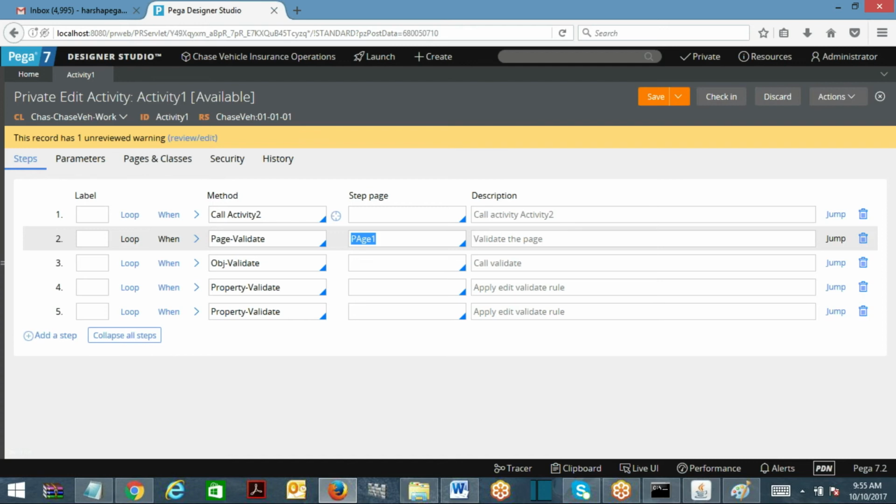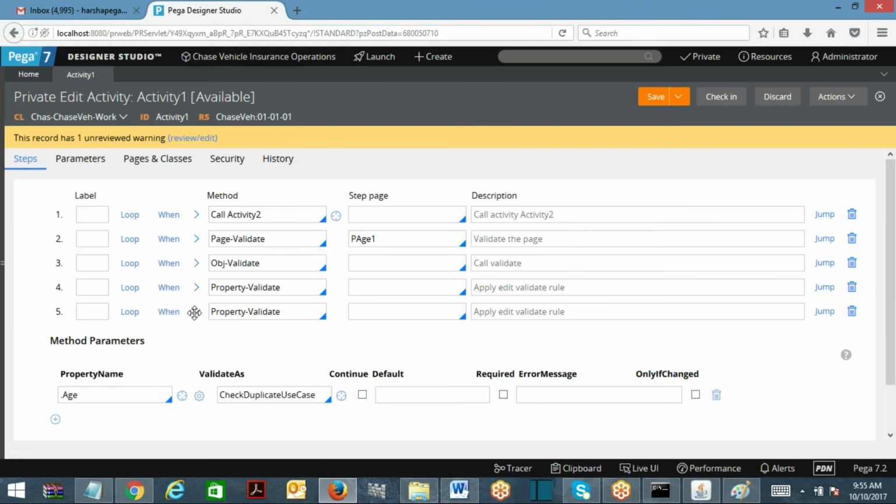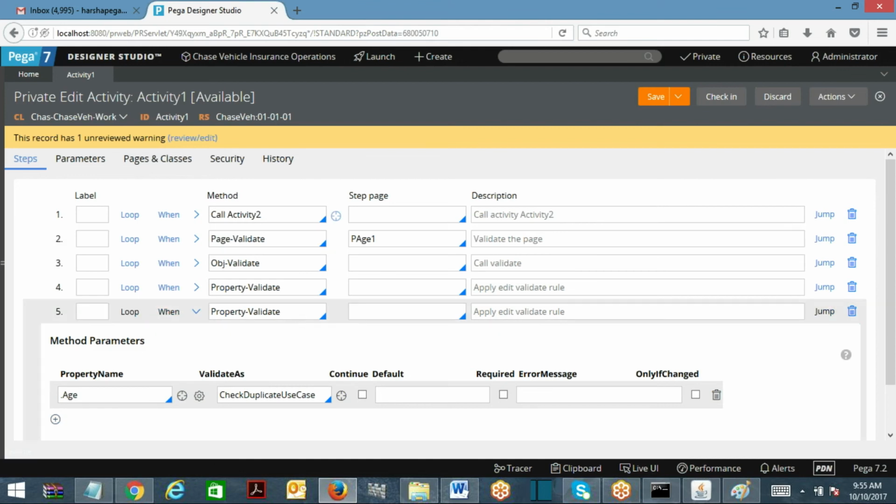Now coming to property validate. Property validate is going to specifically validate some validation on a property. Suppose this property doesn't have any validation called, but I want to validate it at the business logic level. If it doesn't have any validation on the property and I use page validate, what happens? Nothing will happen. So I have to use property validate and pass a validation rule.